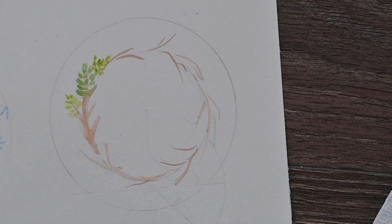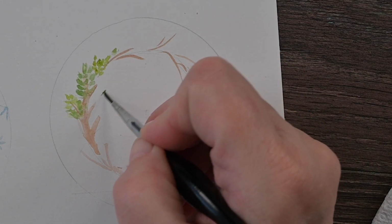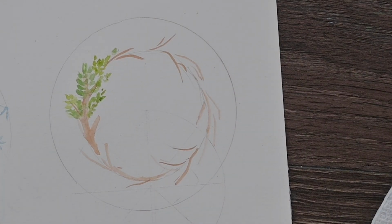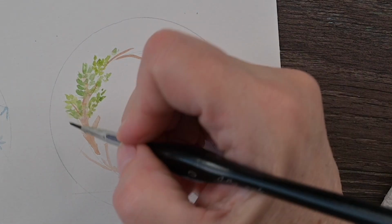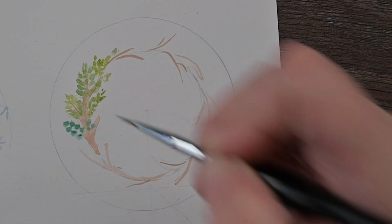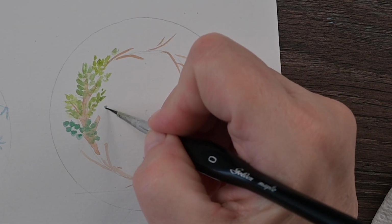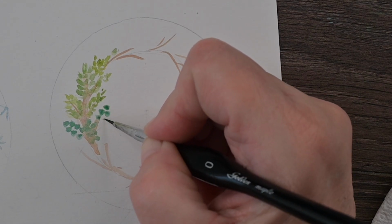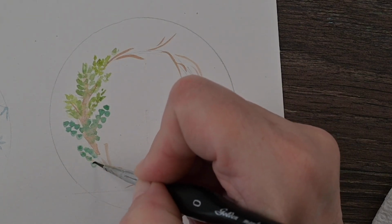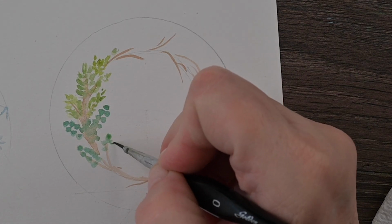Then just like the foliage behind the candy canes, we're doing the same thing here. The only thing different on the wreath is we are changing up the colors of the green. Some of the green I added a little more yellow to, so that it'd be brighter and warmer. Some of the greens I added a little more blue to, so that it would be more of a blue-green, like a eucalyptus, or maybe one of those blue firs. I'm also changing the type of brush strokes. I'm doing little circles, maybe to look like eucalyptus. And on others, I'm doing fine lines to look like pine needles. And on others, I'm just doing long oval strokes with my brush,